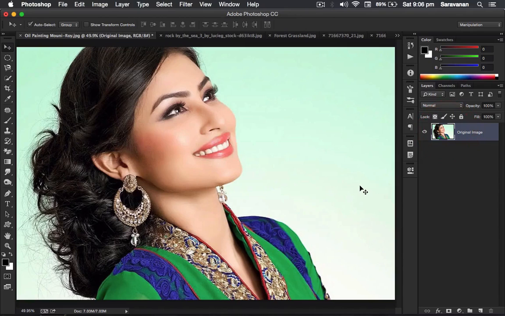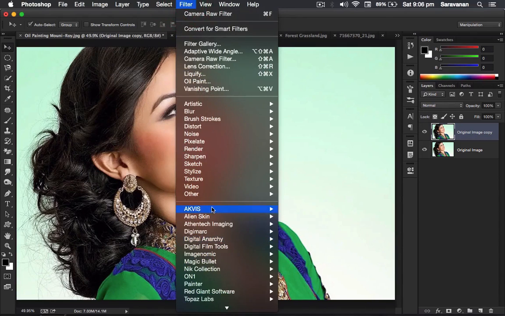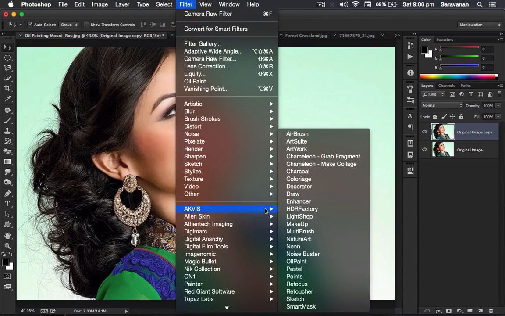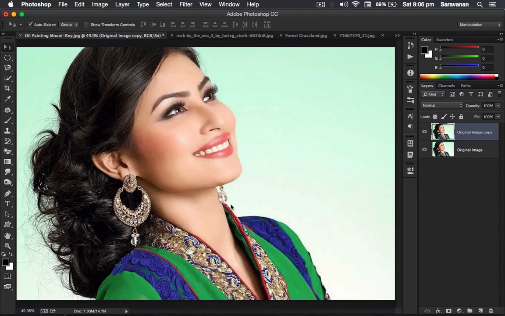So this is the image that I have. I make one more duplicate of this picture. Nowadays people are very into oil paint pictures. So going to the Filter menu, the name of the filter is the AKVIS plugin. In that AKVIS, Oil Paint is